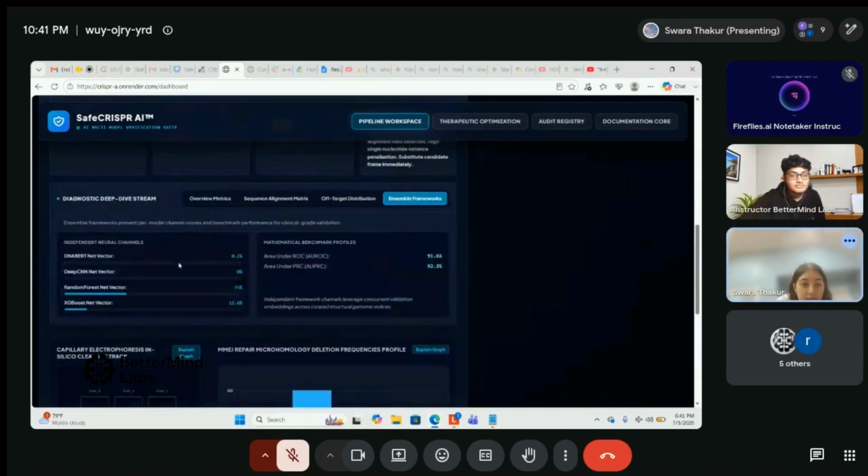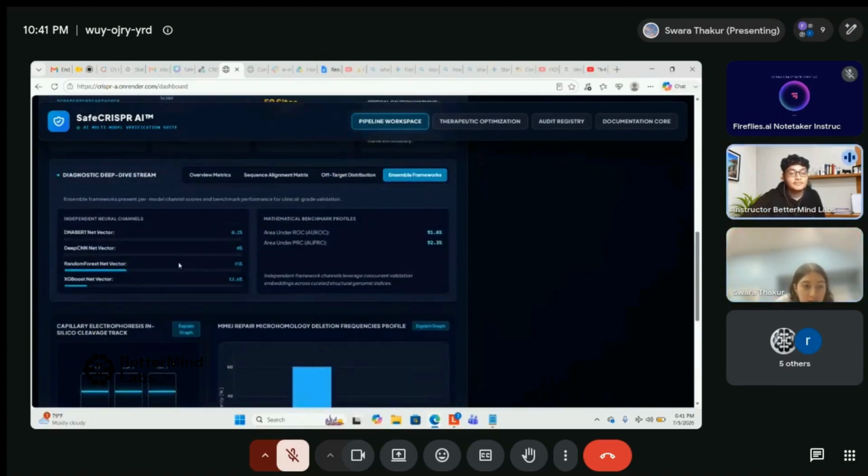Okay, so using DNABERT, deep CNN, random forest, and XGBoost. Are you using all 4 of them in parallel, or one after the other? How exactly is this going on? It's analyzed by 4 different models simultaneously, and then each model will predict the probability that the guide will produce